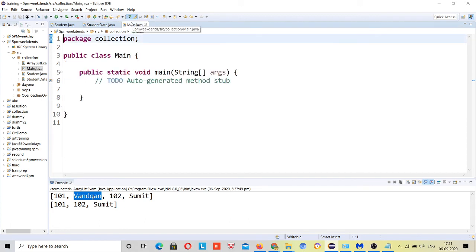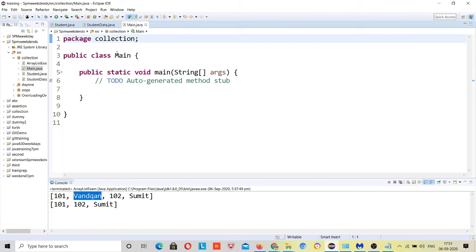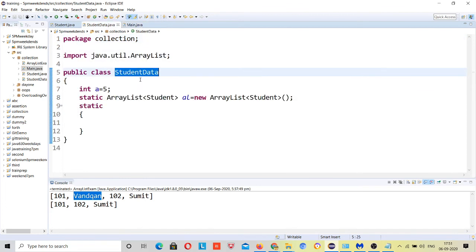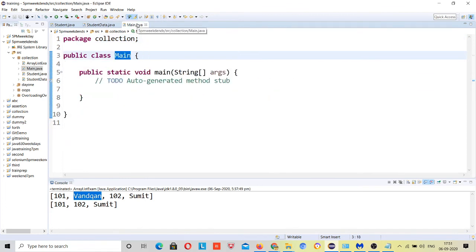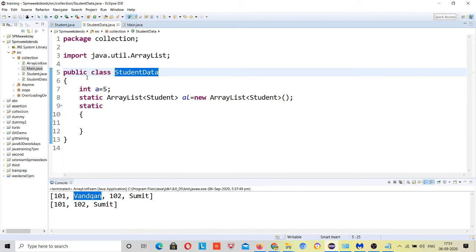Actually this variable is present inside this StudentData class, and I want to use it in this main class. This data is not coming in this class because we have not performed any inheritance. So how can I use this? Either I have to make the object for this class, and then we can use this variable, right?